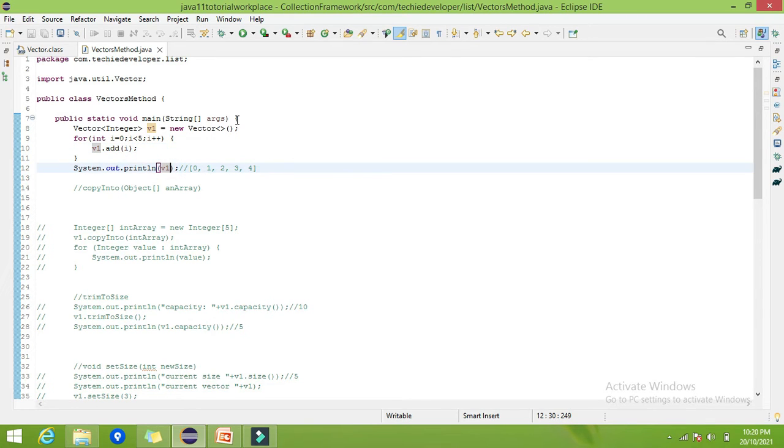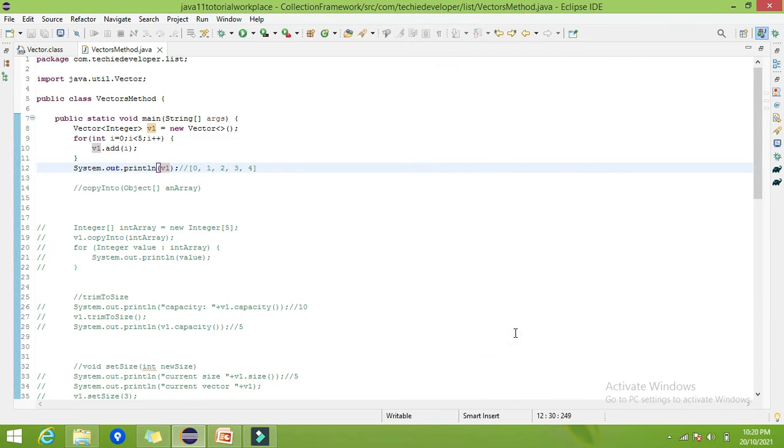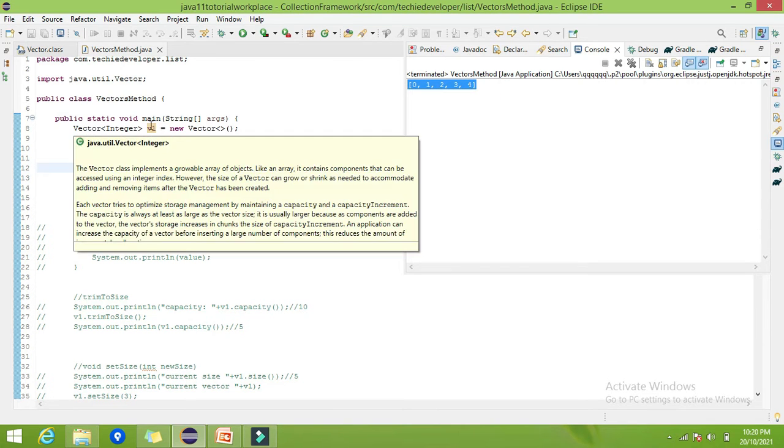Let's run this. Here we get the output 0 1 2 3 4. These are the 5 elements I have added into the vector v1.